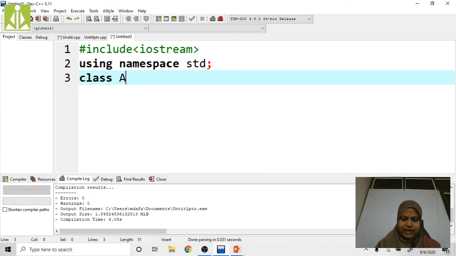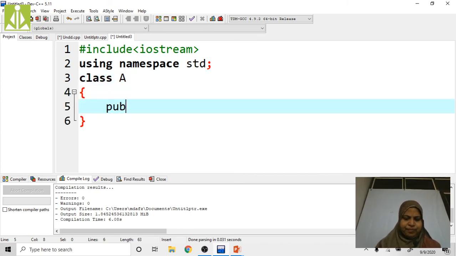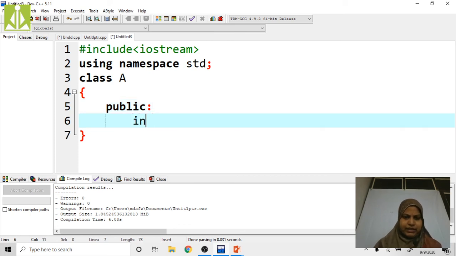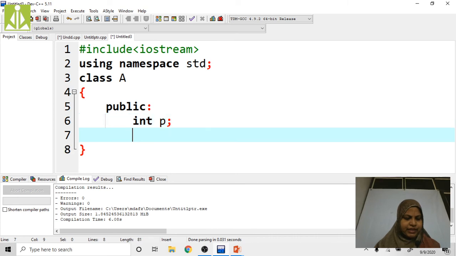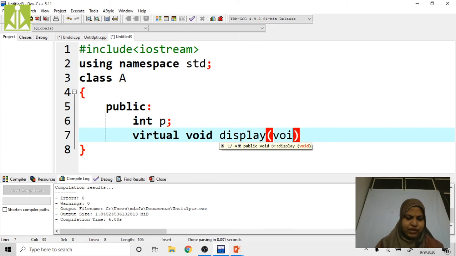Here I am going to declare one class. Class A public int p. Here I am going to declare the pure virtual function: virtual void display equals to 0.